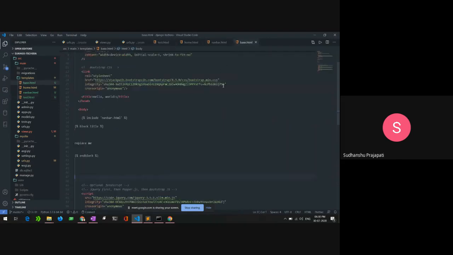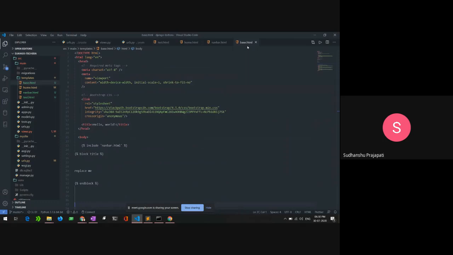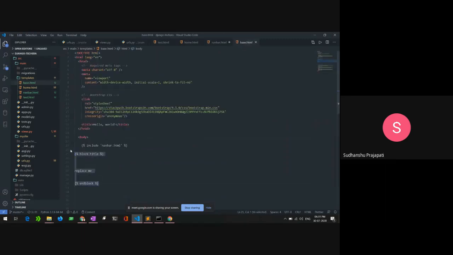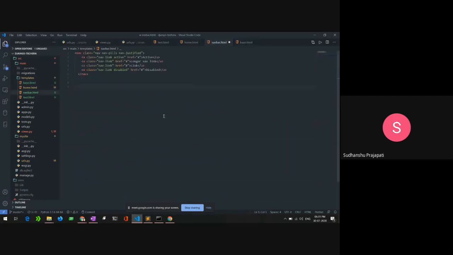It can be anything. It doesn't have to be the base.html file. It can be a navbar.html file. If I create a block of content here, with the same HTML tags as I created here, and put it inside my navbar and then save it, it won't actually replace the content inside the navbar.html because it's not inheriting it.